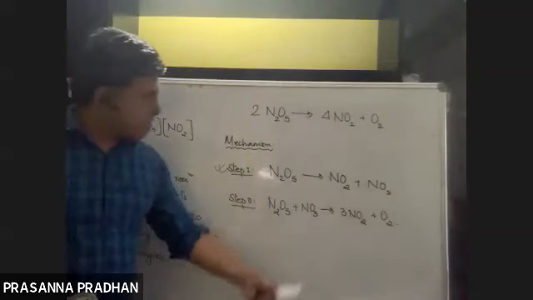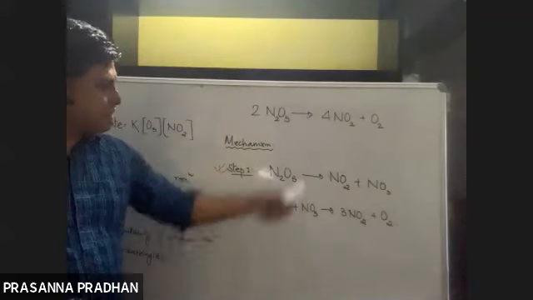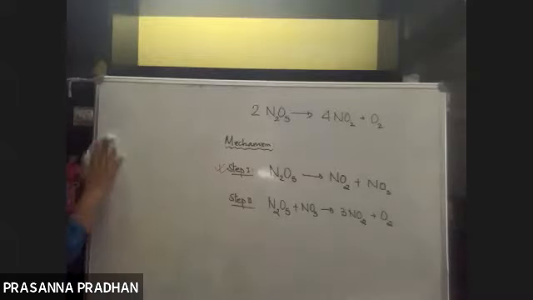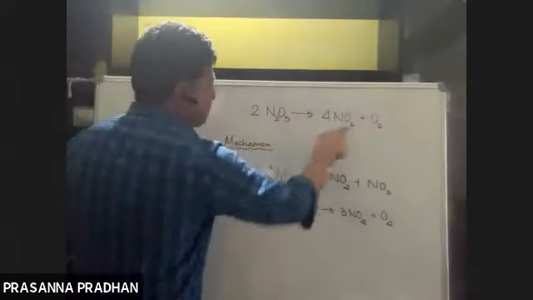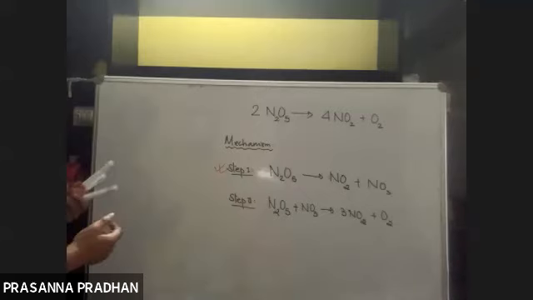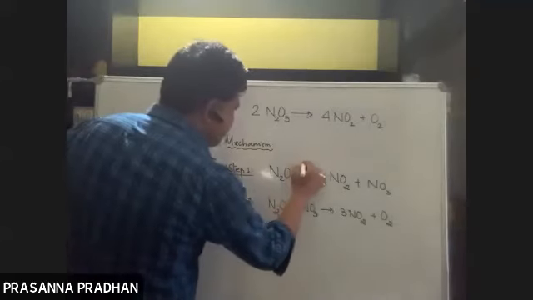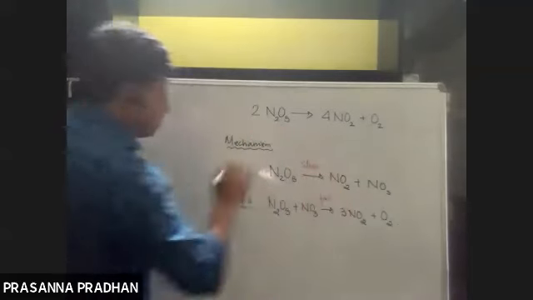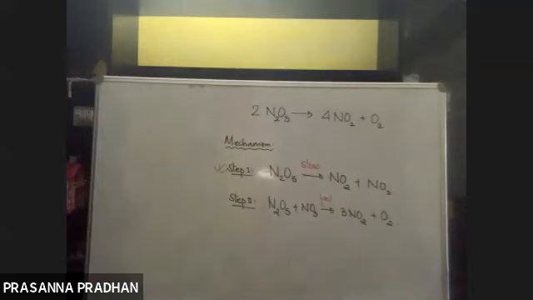Okay, you add these two reactions. Identify the reaction intermediate out here. In this particular reaction, what is the reaction intermediate? The reaction intermediate means which does not appear in the overall reaction, but is formed in the steps. Yes, exactly. NO3 is the reaction intermediate. Very good. So it's given again, this first step is the slowest step, and this is the fast step.